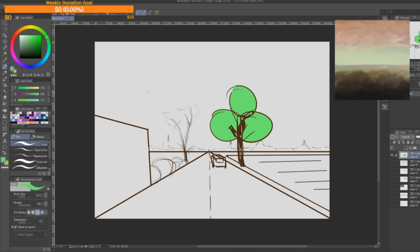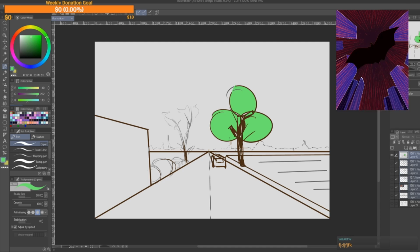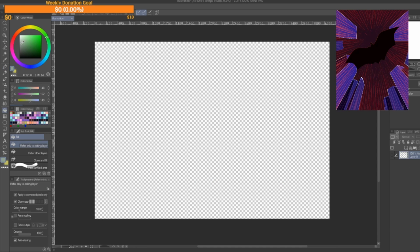I'm about to teach you a very, very simple thing that can help you make an image look put together when you're doing a full piece without you really having to do much. And this will actually help you come up with a full piece as well. So we're going to take all of these away. I don't need those anymore. And then make sure this is clear, and we're going to fill it with...